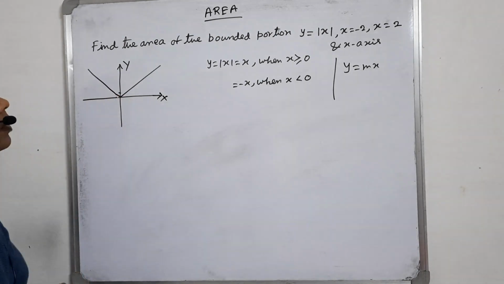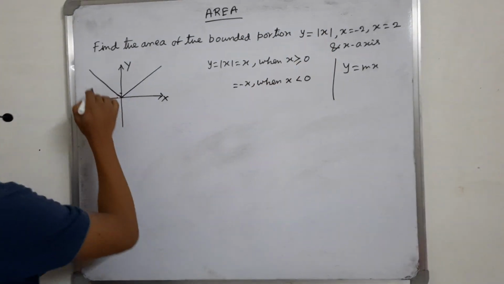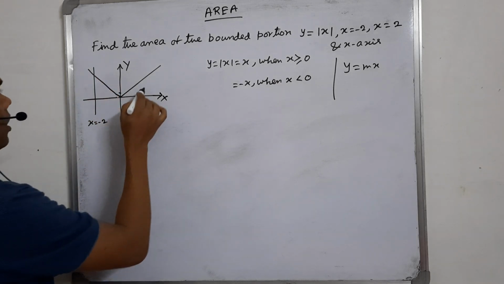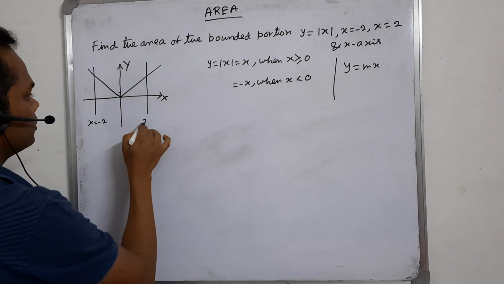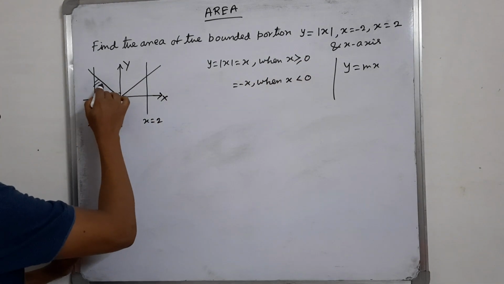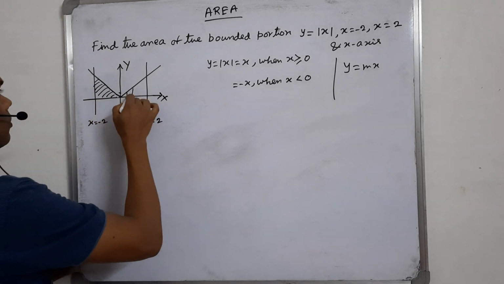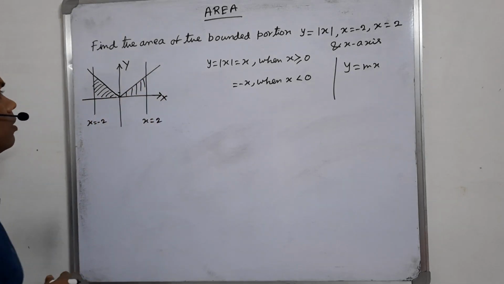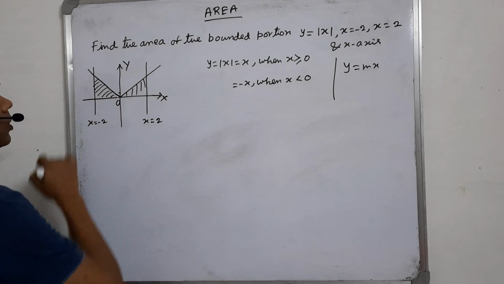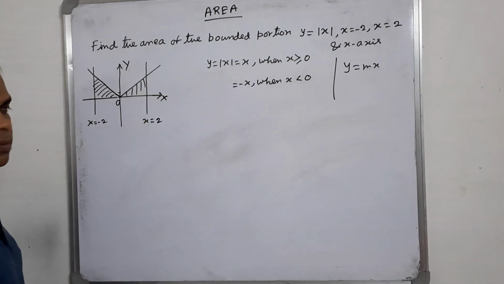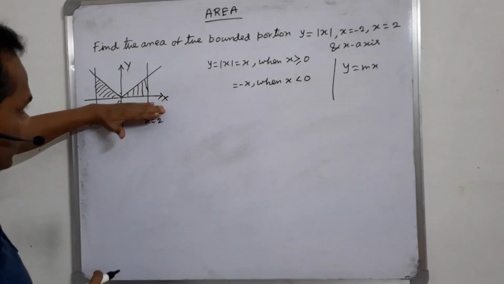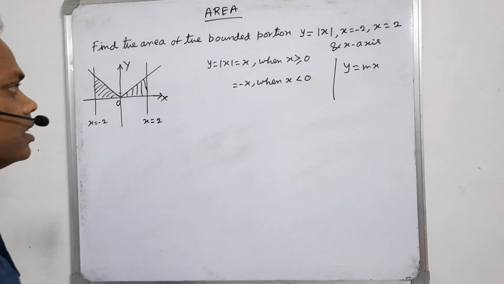so it touches y equal to 0. And the line x equal to -2 is like this, and the line x equal to 2 like this, and it is bounded by the x-axis. So this is the required shaded region in which we have to find the area of the portion, and this one is 0. So this one is y dx. Why is this y dx? Because it is from the curve y to the x-axis, so we have to use y dx.